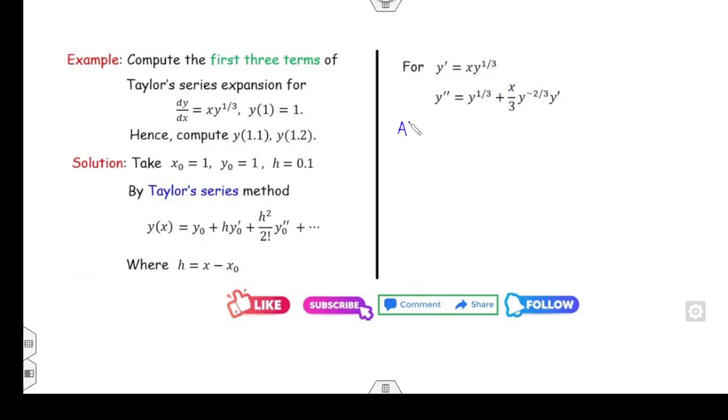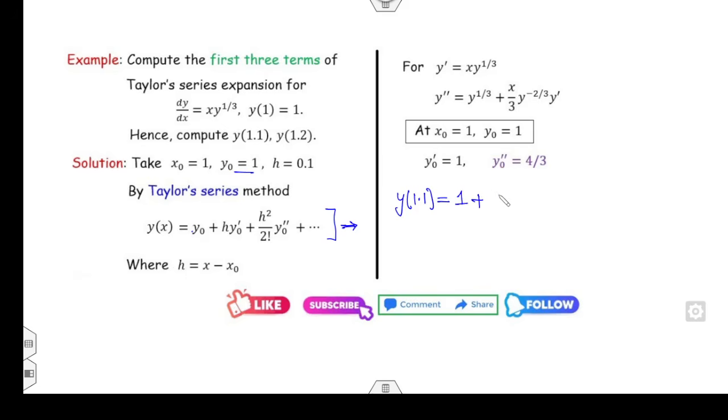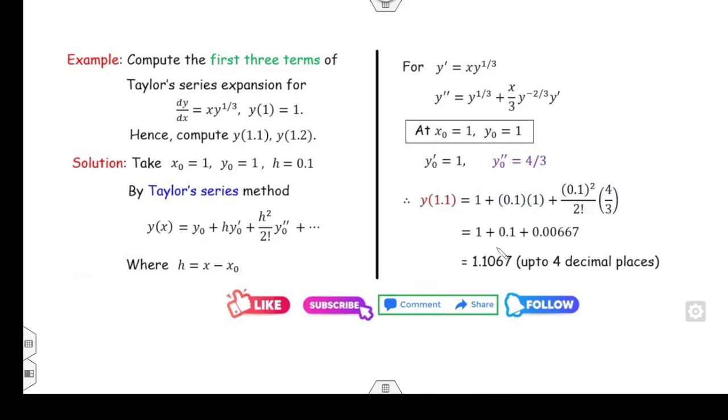Fine. Now you can calculate these derivatives at the point 1, and y naught is also 1. So what is the value of y prime at 1, 1? It is 1. The value of y double prime at 1, 1 is 1 plus 1/3. Fine. 1 plus 1/3 is 4/3. Substitute all these values in the given equation. You will get the value of y is 1 plus 1, y naught 1, plus h which is 0.1, plus h square divided by 2 factorial of 4/3. Now you can do the calculations and you will get the answer is